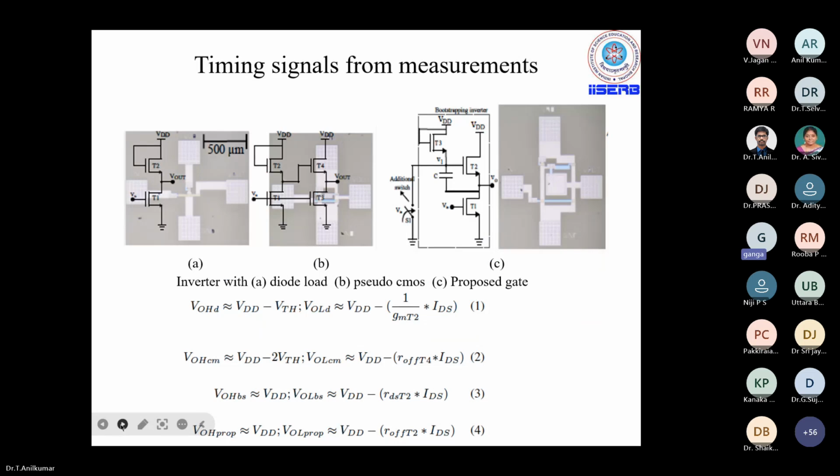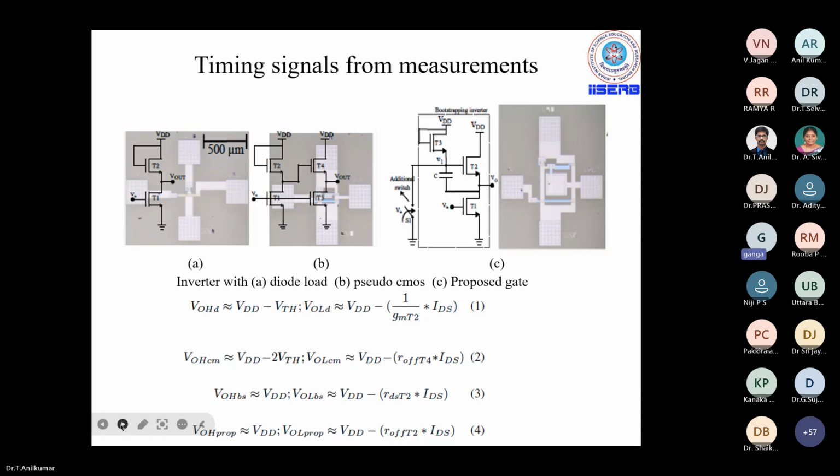Now, the challenging task is to design circuits with unipolar transistors. Inverter design is very simple with CMOS. We can just take one NMOS and PMOS, and we can get an inverter with very good rail-to-rail operation at the output and very good noise margin and so on. But that is not easy with this technology due to unipolar transistor-based implementation.